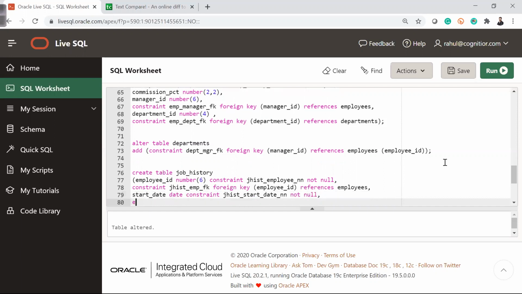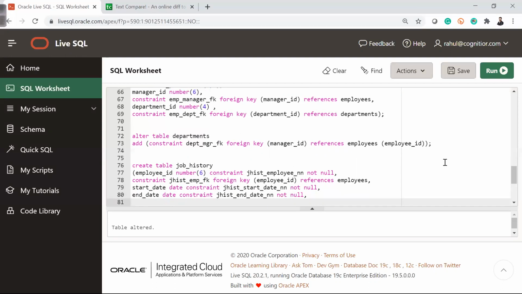Then we'll have end date, which is also date, constraint J hist end date NN not null, comma, job ID varchar2 10 constraint J hist job NN not null.